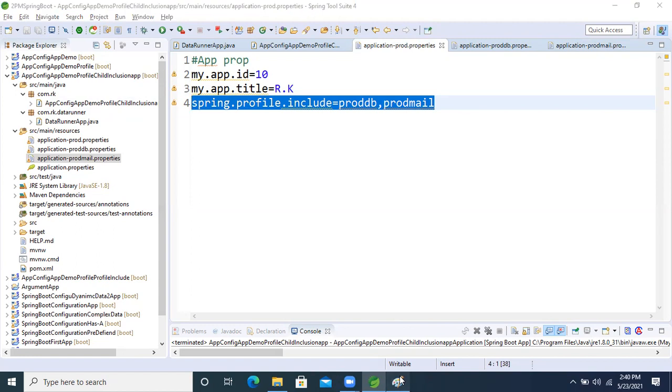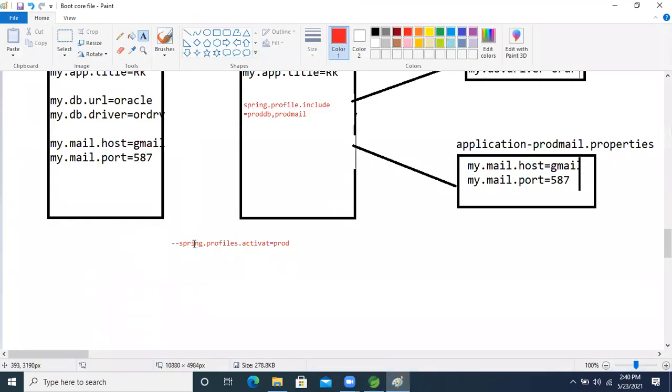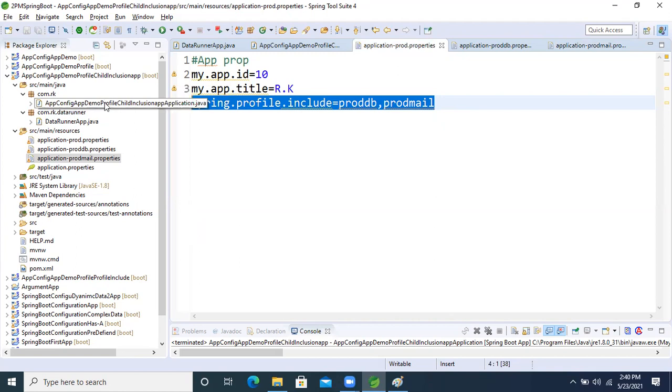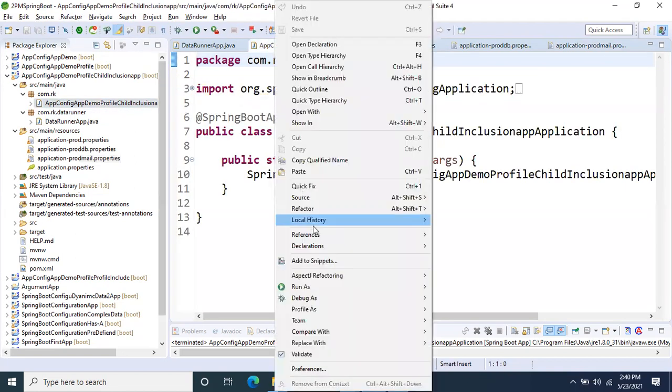After then, let's run the application and we will see. But how can we activate the profiler, guys? We saw that in the last session also, and today also we will see that. Okay, how? spring dot profiles dot active, right? Active dot prod. We will take the prod. So now let's run the application and we will see this output.